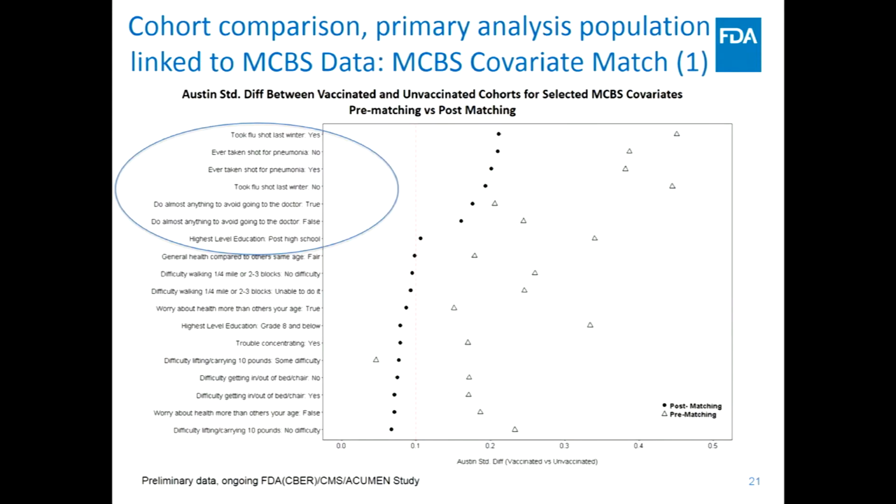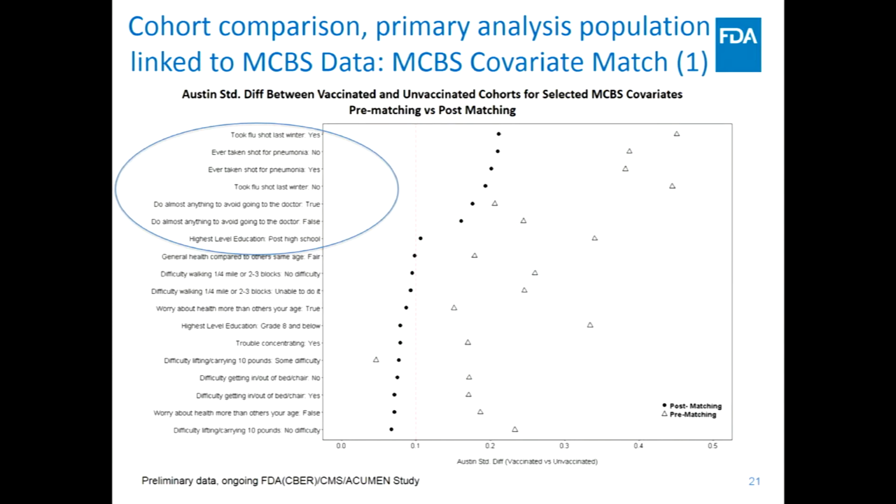Then we ran a cohort comparison using the survey, and after matching, in black, I will only focus on the after matching, we compare the 1,900,000-something vaccinees with herpes zoster with 900-something non-vaccinees. And among them, there were in each group around 1,800 people who had been in the surveys. And we checked the match of covariates that were in the survey. Questions like, do you like to go to the doctor? Would you do anything to avoid going to the doctor? Do you like being vaccinated, etc.?